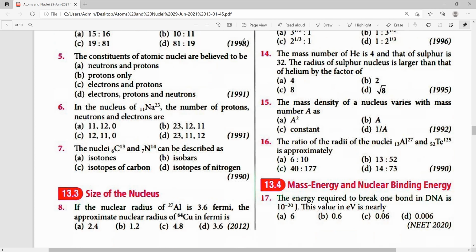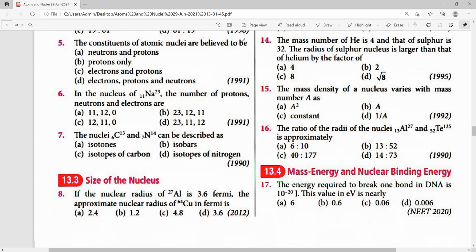Next, 14th one. The mass number of helium is 4 and that of sulfur is 32. The radius of sulfur nucleus is larger than that of helium by the factor of 4, 8, 2 and √8, they have given. So here the mass number of helium is 4 and the mass number of sulfur is 32. If we calculate this, 8 to the power of 1 by 3, the value we are getting is 2. Therefore, for 14th one, the right answer is